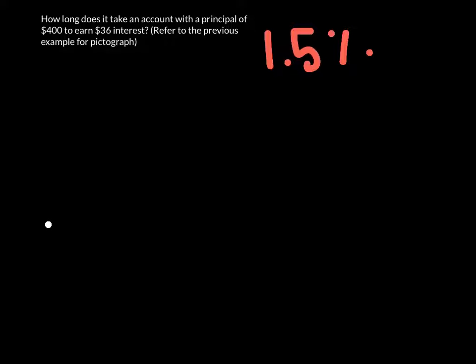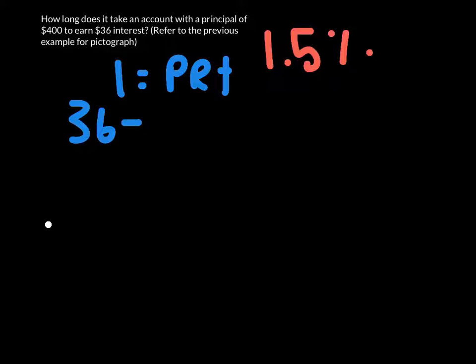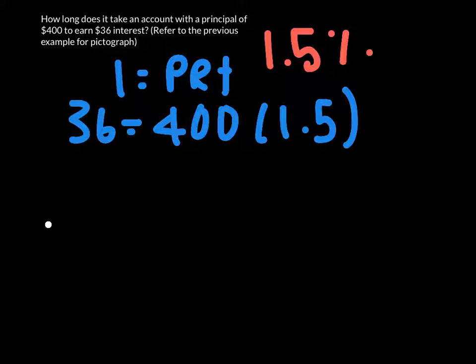Okay, so we want to have $36 as our interest. I equals PRT. Okay, so then our principal is $400. Our rate is 1.5, and we don't know our time. Okay, so then we're going to multiply 400 times 0.015,